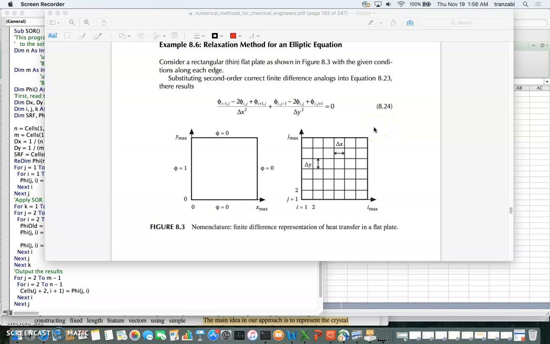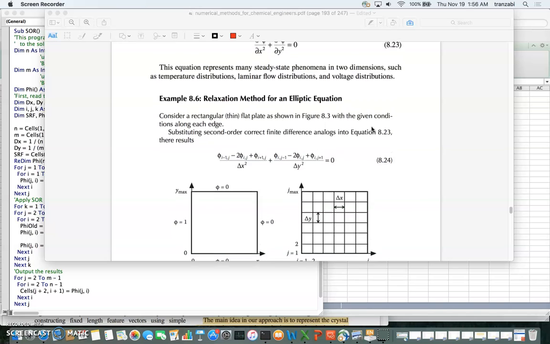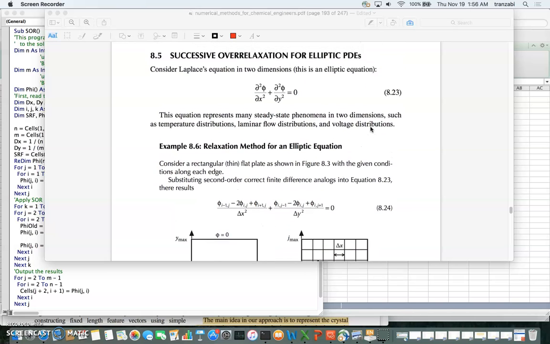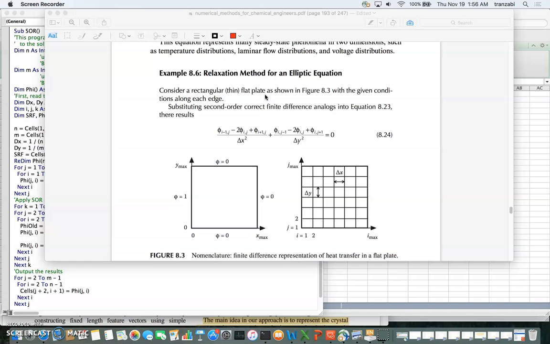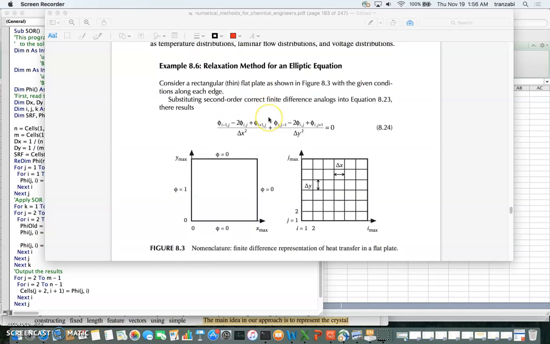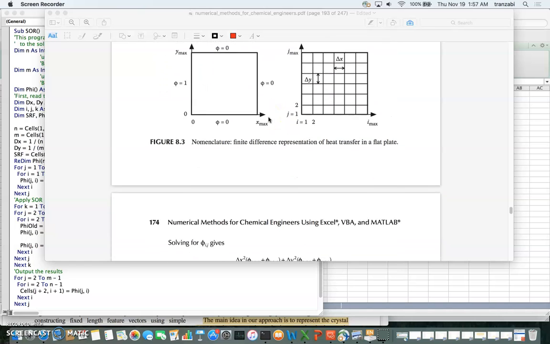In this video, I'll be talking about the VBA script to perform the successive over-relaxation method to solve partial differential equations, in particular the Laplace equation. So we're looking at example 8.6, where we discretize the Laplace equation using finite difference, in particular the central difference scheme. We ended up getting an equation like